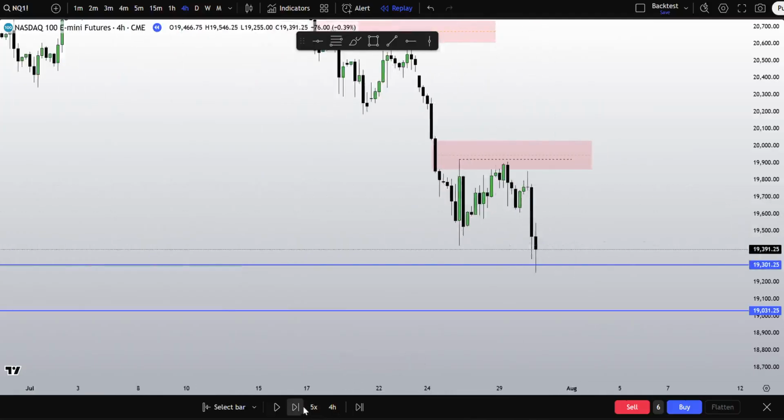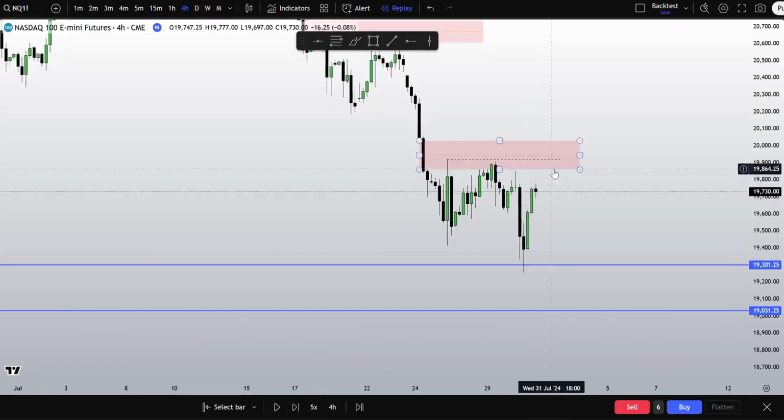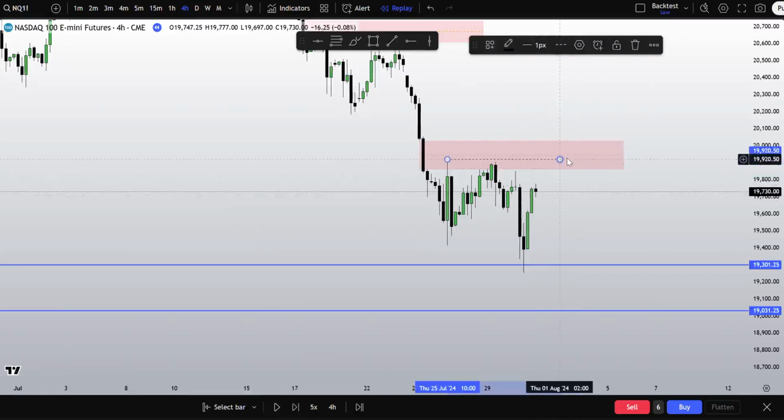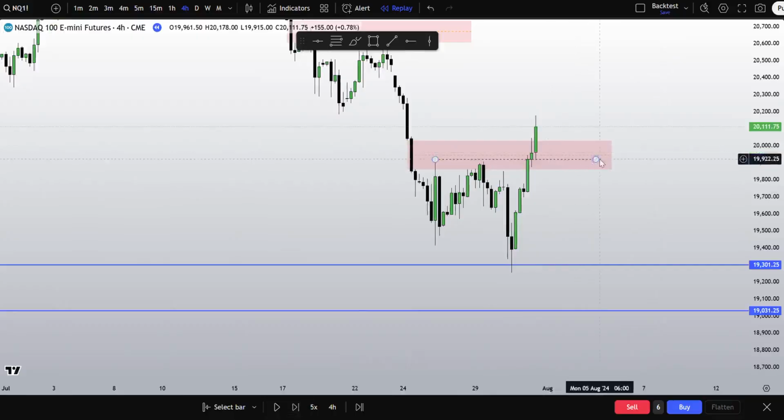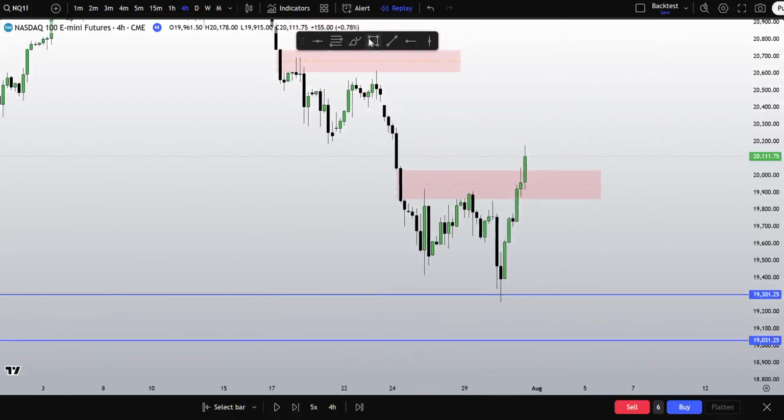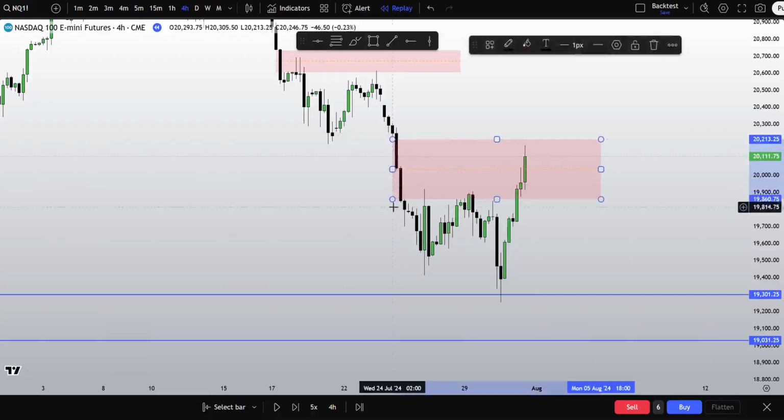Keep in mind this imbalance. Should we disrespect it like we did right now, I want to see here. We disrespected it. I want to see this imbalance get tapped into and these equal highs right here. My eyes are specifically at 920 and 860. That gets taken. Very simple draw. What do we do? We disrespect it. So we'll move on to this.